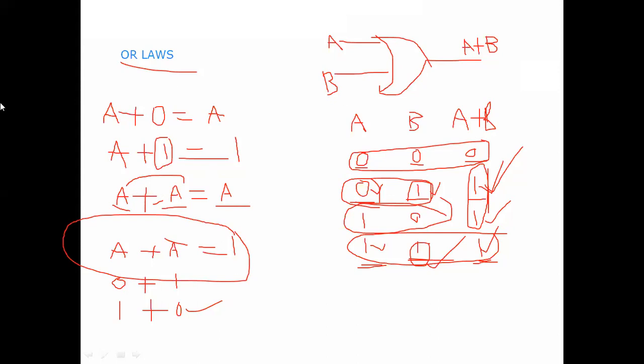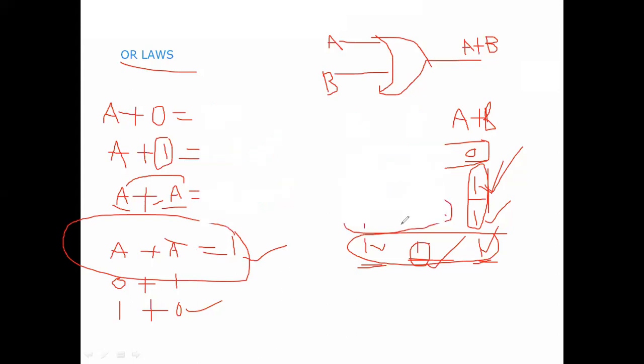Here, remember this: A plus 1 equal to 1. A plus 0 means A. This is known for us; in mathematics also we do the same. A plus 1 means 1. This is in logical OR only. A plus A, in mathematics, would be 2A, but that is not the case here. This belongs to logical operations. That's why A plus A equals A, and A plus A bar equals 1. These are the laws we are taking here.